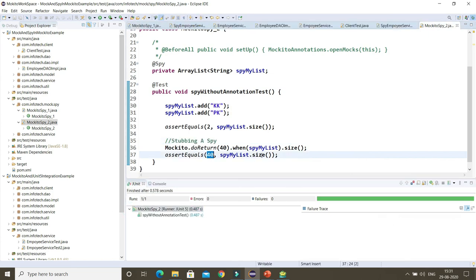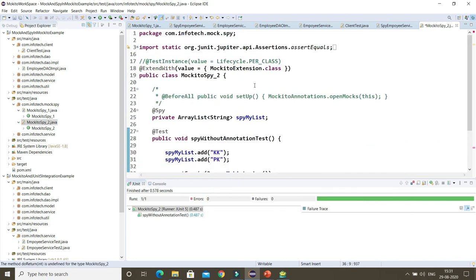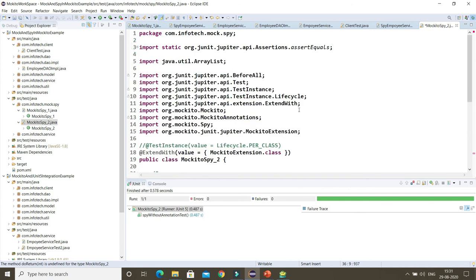So here basically with this spy object, what I'm telling Mockito is: doReturn 40 when spyMyList size is getting called. So whenever you call size on the spy list, it will give the size as 40. Of course you can do this as a static import as well, right? So here you can do a static import.